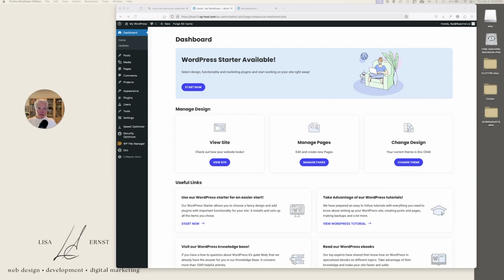So today I'd like to cover how to edit text in Divi, how to edit images and buttons, how to copy and paste certain elements that are already on a Divi page, just to save you time and to keep your style consistency throughout your website. So we'll start off by